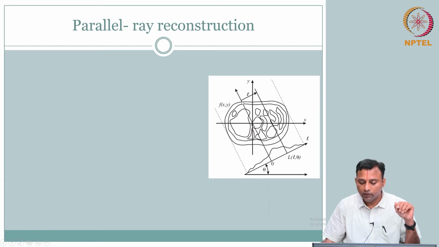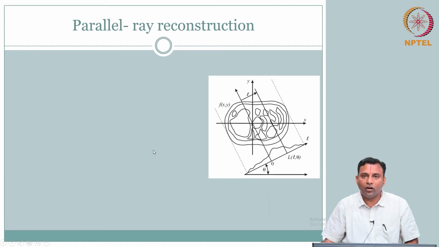What is that? That is nothing but this l of this line along the line of sight. This is the perpendicular distance. So that is your l, and theta is likewise where this line is making an angle with respect to this f of x comma y. So L can be defined in terms of where it is located, the small l, and theta, which is dependent on where this line of projection you are going to take.